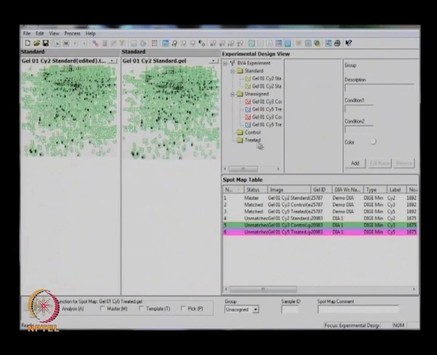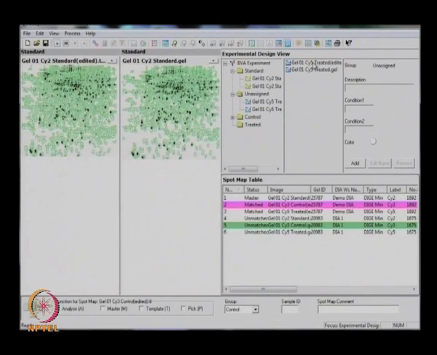Confirm it. Now we have two folders, control and treated. As we have in the assigned folder both control and treated, these control gels we can transfer into the control folder by dragging those images, and treated gels we can transfer to the treated folder by dragging them. Now we have